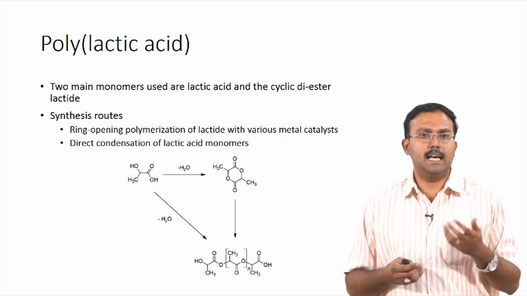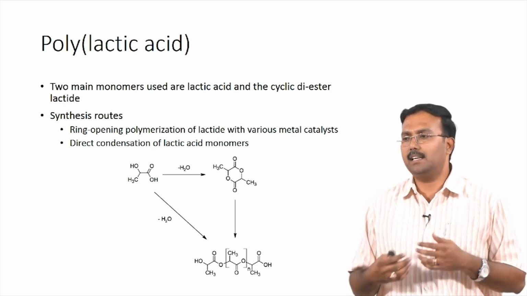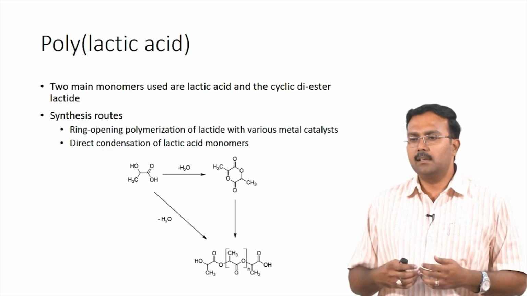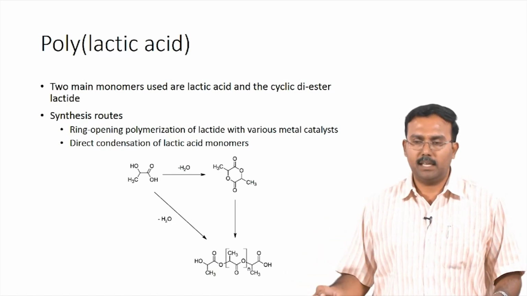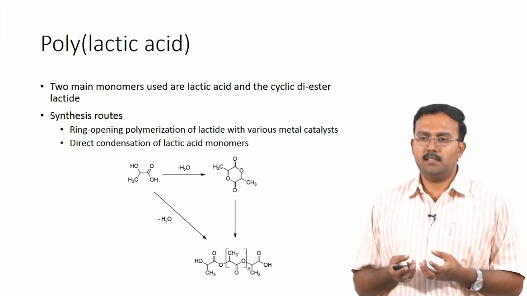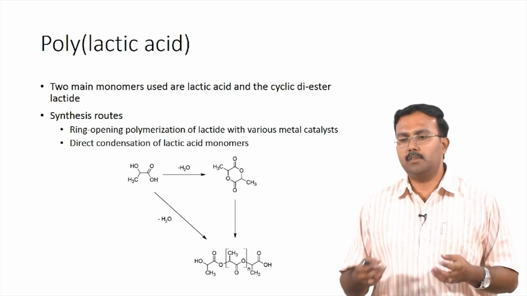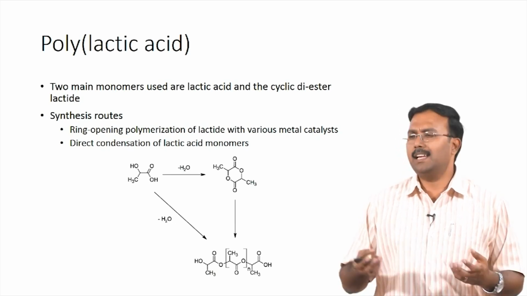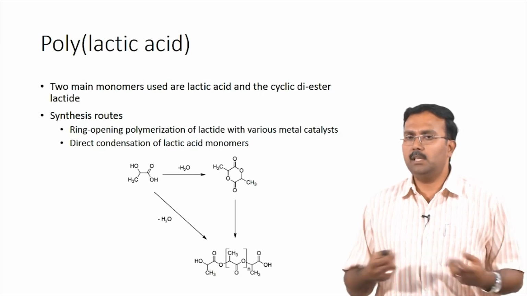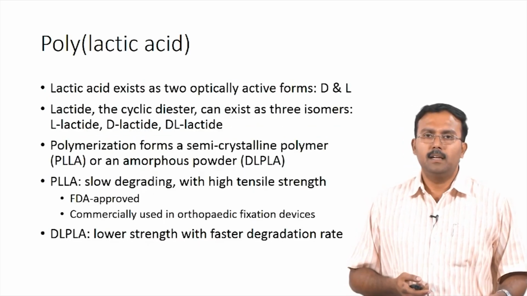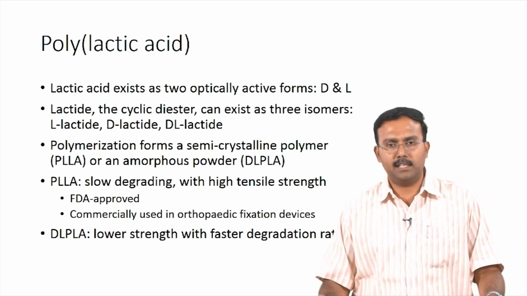So, the direct condensation of lactic acid monomers to form PLA should be done at temperatures which are milder. Only then would you prevent the formation of cyclic diesters. If cyclic diesters form, then you go through the ring opening polymerization of the lactide, which can be catalyzed by different metal catalysts. Using this you actually prepare PLA, and lactic acid itself actually exists in two optically active forms, which are